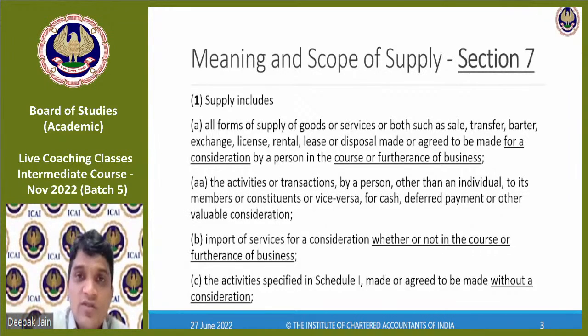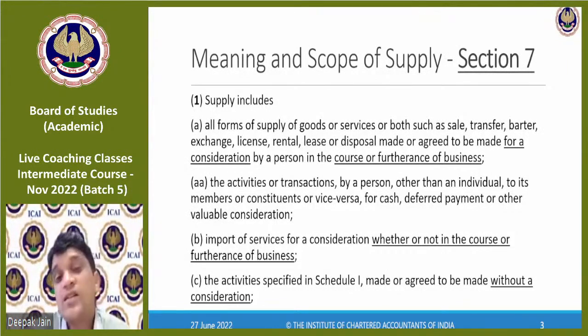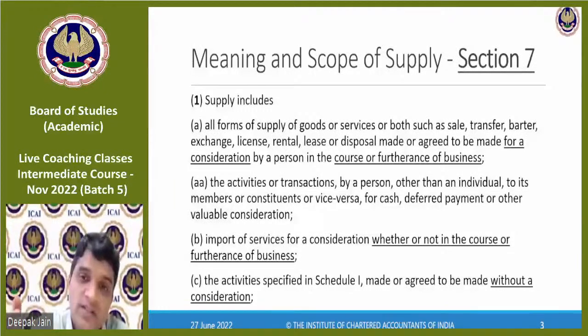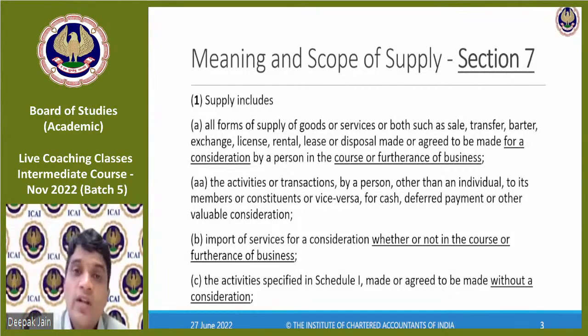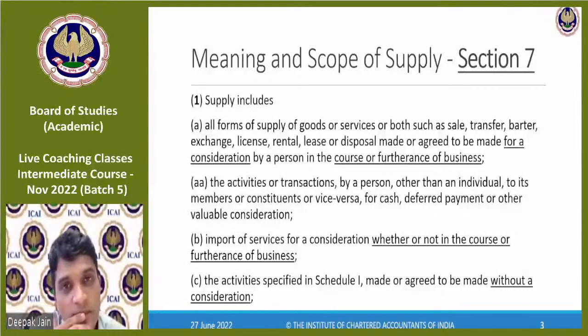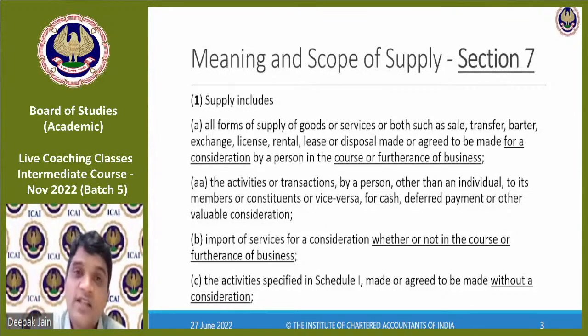The argument was that clubs or associations will not pay service tax, because whatever services are rendered by the club, it is like we ourselves, like a family. One person has contributed to a club and they've given the club to provide some services. So there was litigation saying that clubs will not pay service tax. Then the department said, no, clubs also have to pay service tax. This case went up to the High Court and Supreme Court. The Supreme Court held that in the case of a club or association, service tax was not payable.